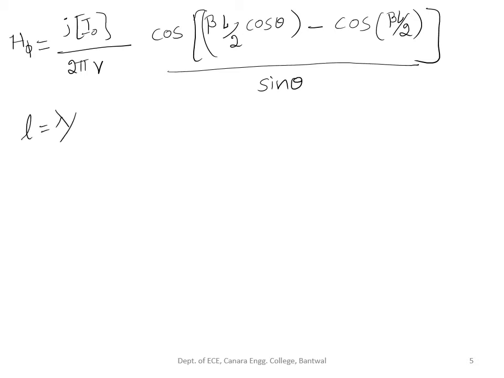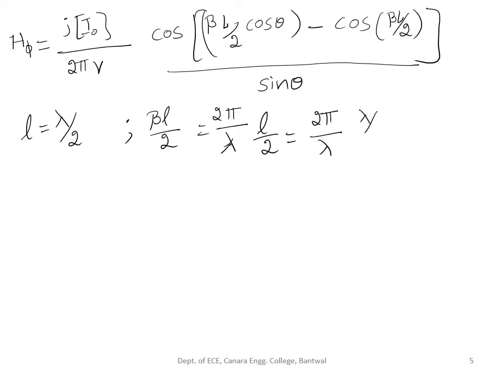When L equal to lambda by 2, because we are finding the radiation resistance of lambda by 2 antenna, then beta L by 2 is equal to 2 pi by lambda into L by 2, which is equal to 2 pi by lambda into lambda by 2 divided by 2, which is equal to pi by 2,